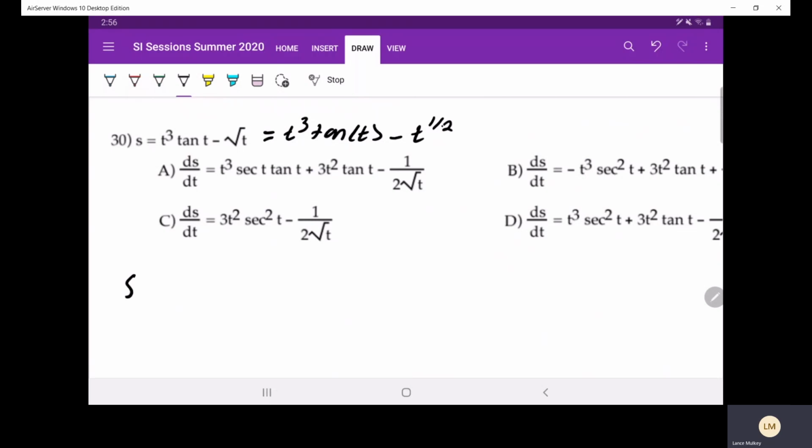So S prime equals t cubed times the derivative of tangent of t, which is secant squared of t, plus tangent of t times 3t squared, minus 1/2 t to the negative 1/2,